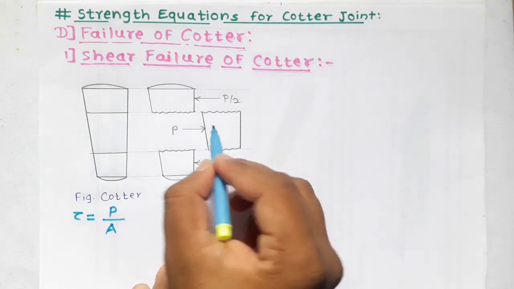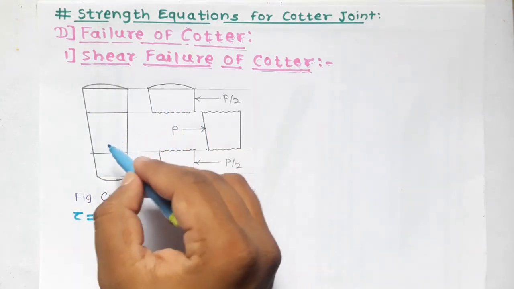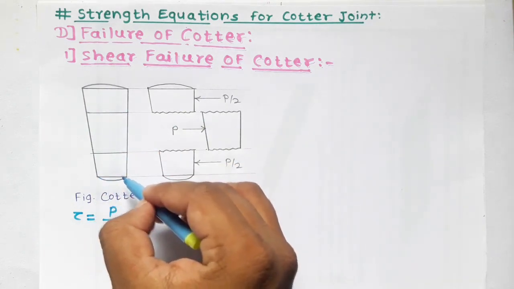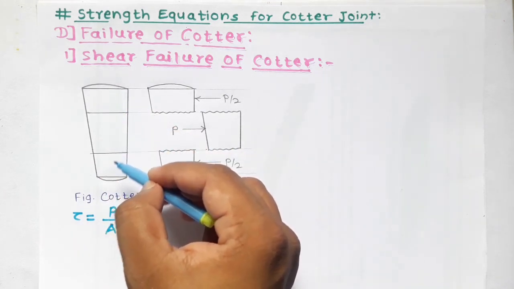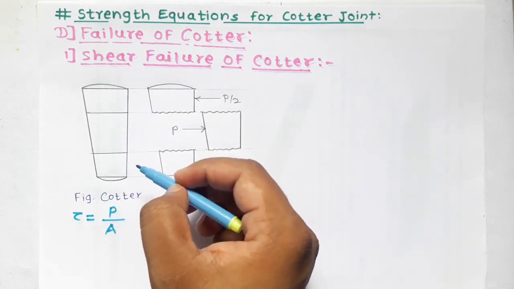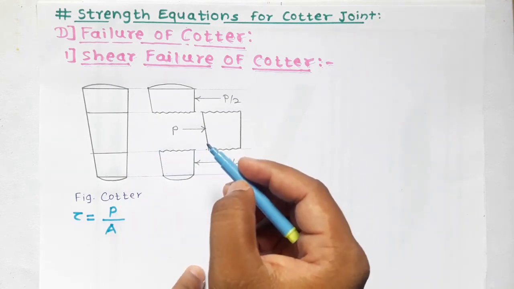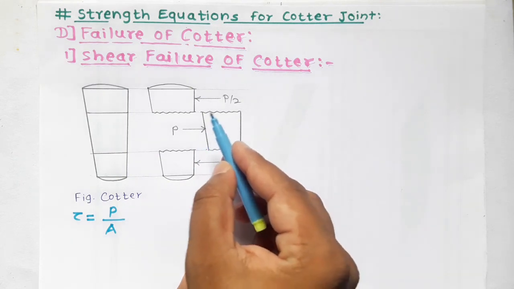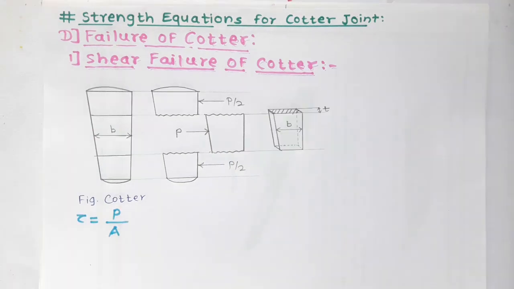If you look at this quarter, one side is straight and one side has a taper. So due to that, the width of this quarter is less at the bottom and more at the top. Due to this taper, the widths are different at the top and bottom and it varies along the length of quarter. So we have to take the mean width of quarter in order to find out the area subjected to shear stress. So by considering the mean width of quarter, that is small b, and thickness of this quarter, let us find out the area which is subjected to shear stress.